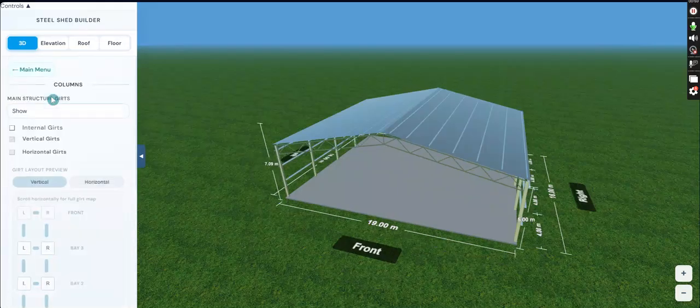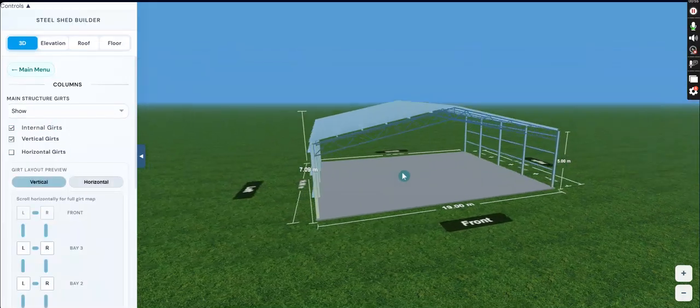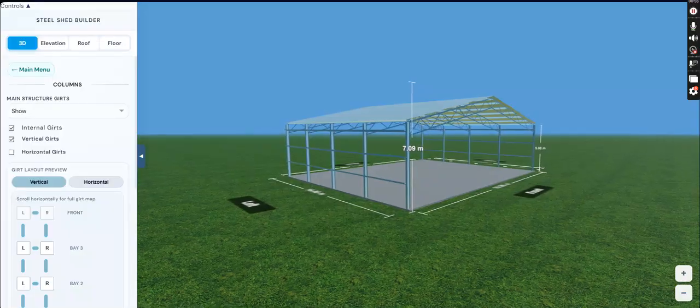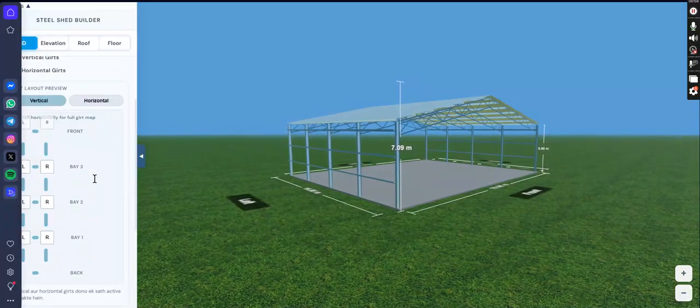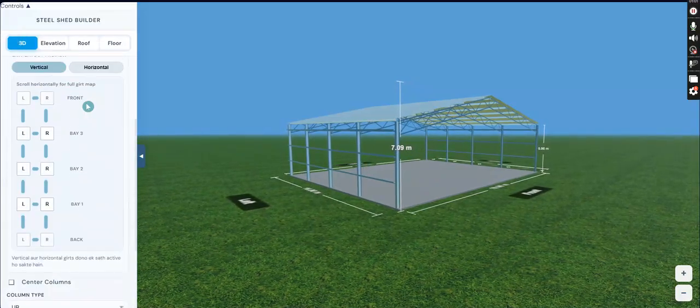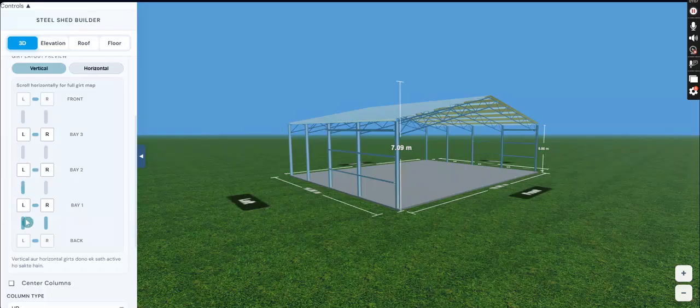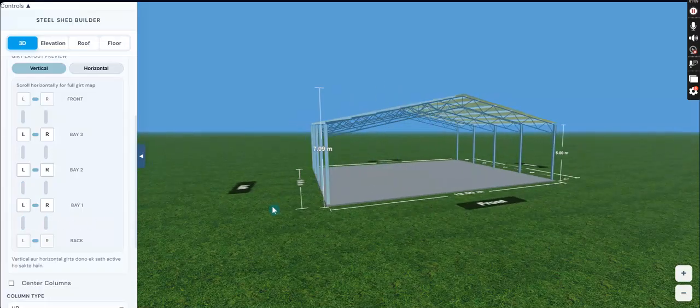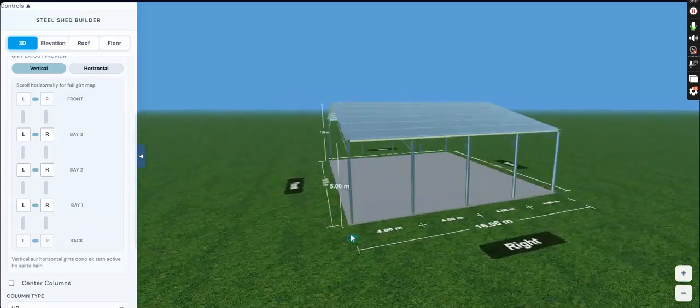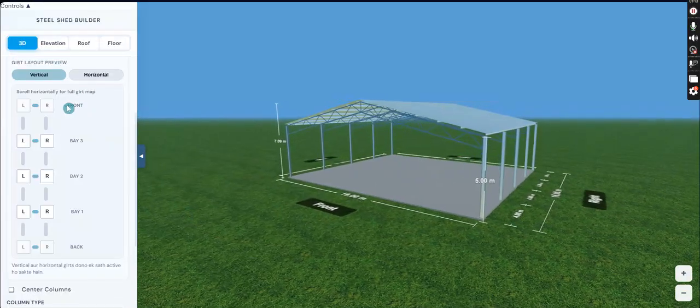Let's go to the columns tab and select this option, internal girds, and we have to select these vertical bars to remove the girds. So we have all the 4 sides now open, and